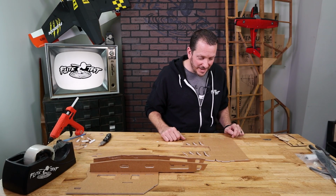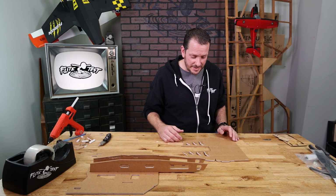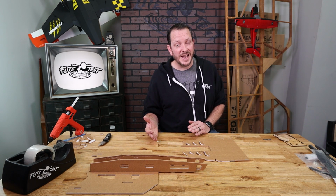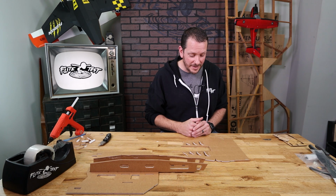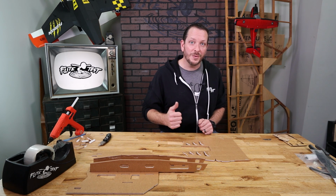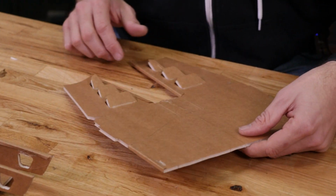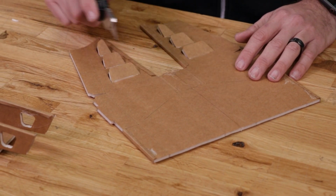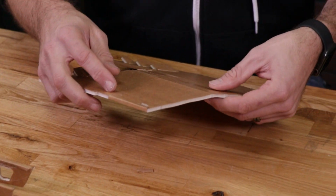Now that we have our louvers done, let's go ahead and put our attention towards the bevel cuts. Now it's really important that some areas we're going to do a single bevel cut on one specific side, and other areas we're going to do a double bevel cut. I'm going to walk you through step by step on first the single bevels, then we'll go ahead and do the double bevels. So the first single bevel we're going to want to do is going to be on the outer portion of the score line right here. So we're going to fold this over 180 degrees,